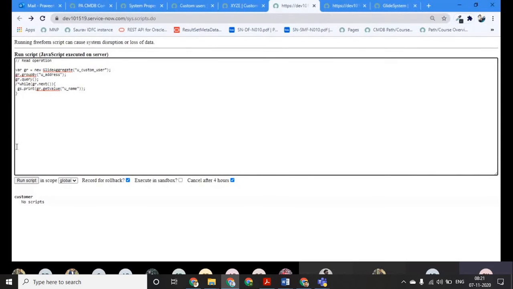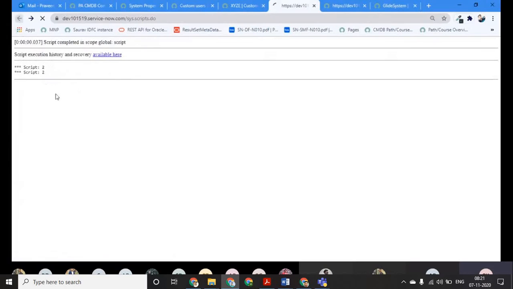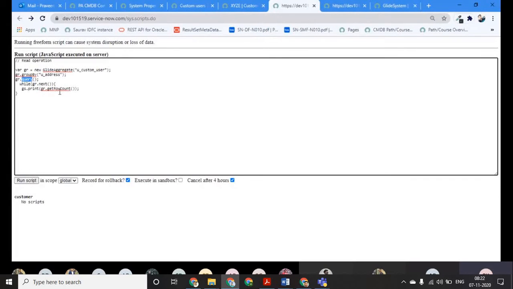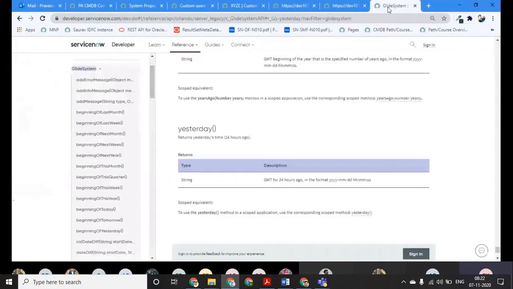First of all, one of the most common uses, we will come to this part later. One minute, let me see if I am using some different function.